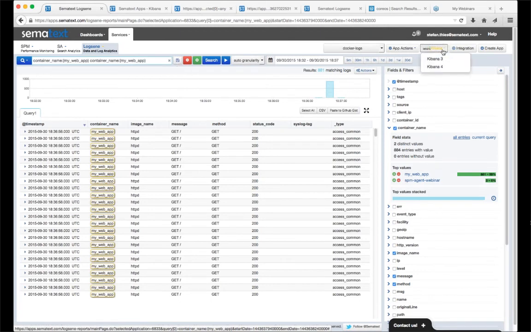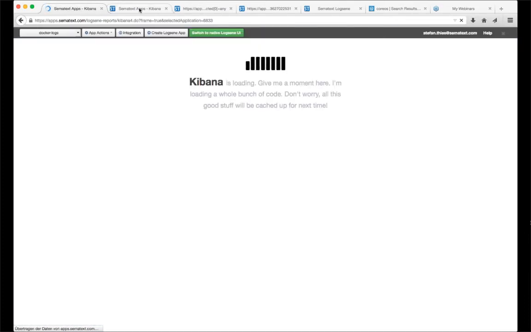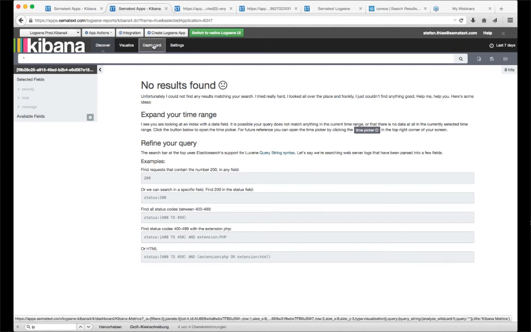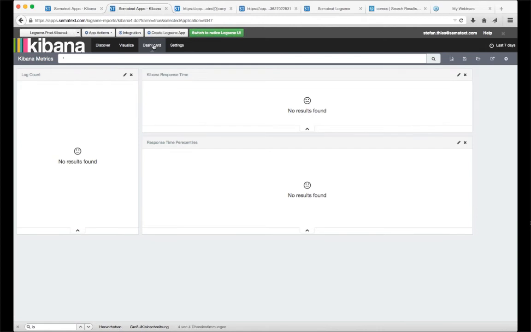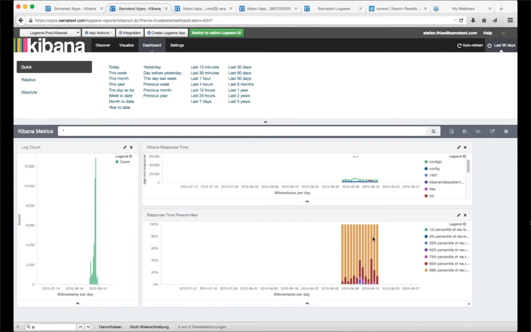Just a few more things. We have Kibana inside, so we can start Kibana here. But I switched to another window because Kibana needs a bit for loading. Let's have this. Well, this example has no current data, but